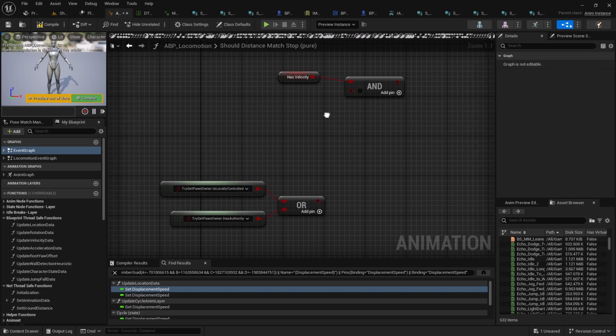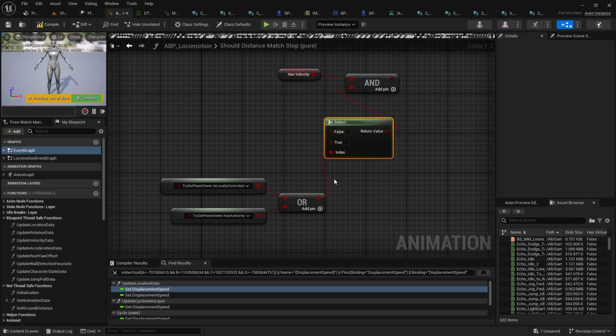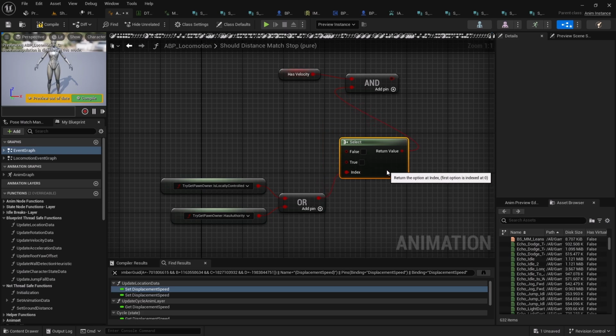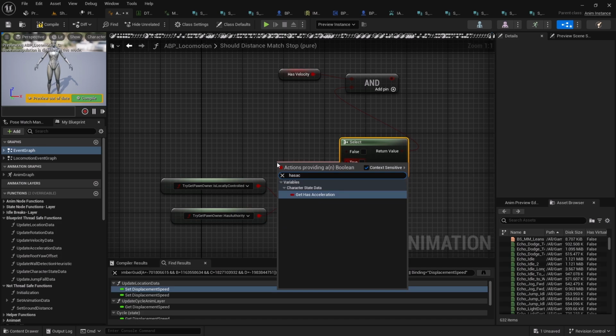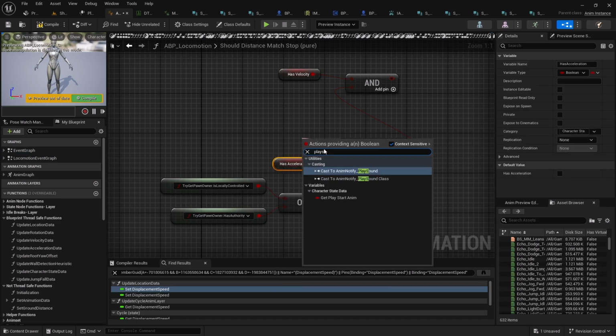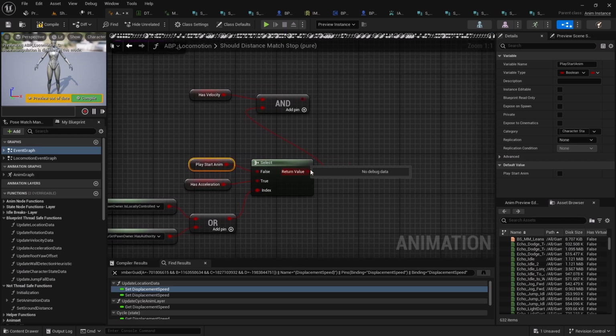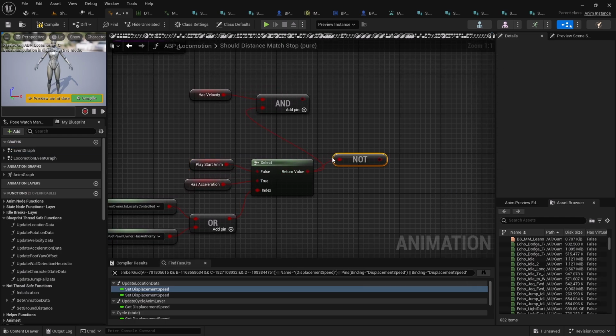This one maybe. So if this one is true, then we consider the has acceleration. If it is false, then we consider simply whether we can play the start anymore or not, right? And I'll get the not condition out of it and attach it to here,